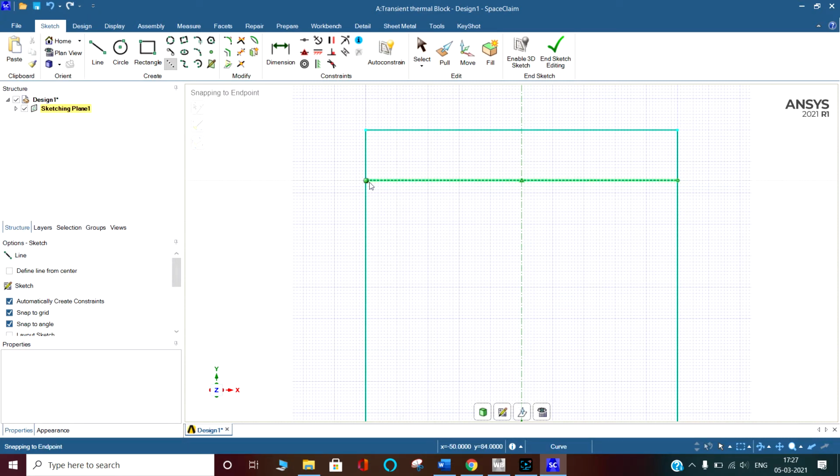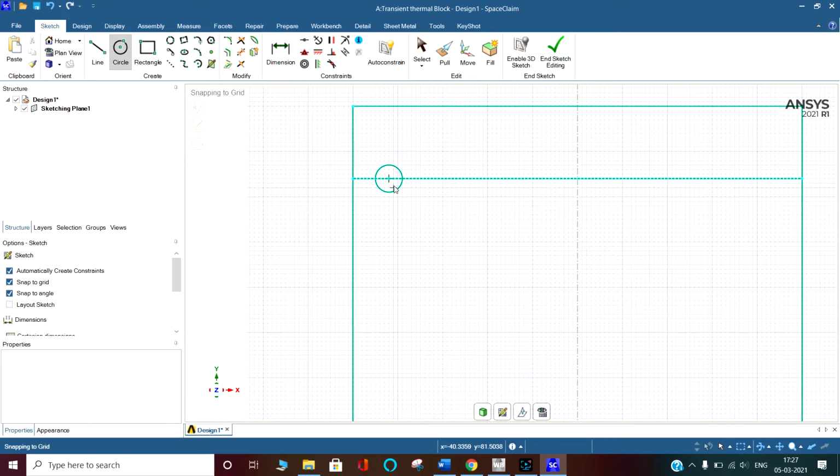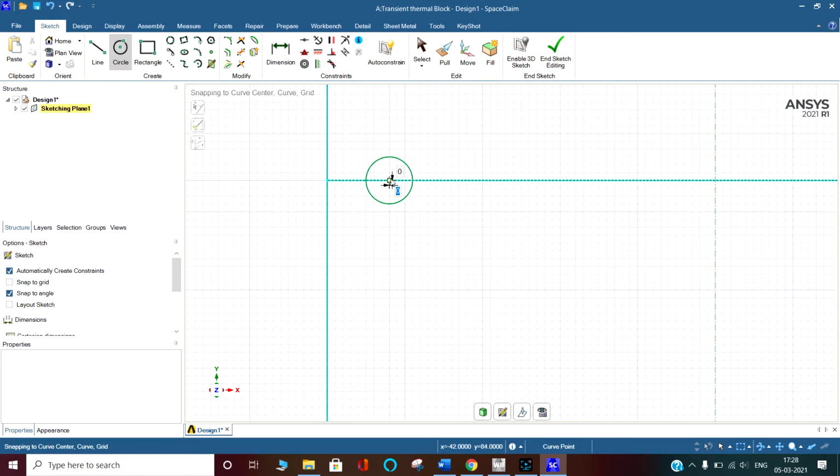From here we will draw the circles. The first circle I am going to draw at a distance of 8 mm from the corner. So press shift and move it, and it will show you the distance. I am putting 8 mm. It has created at 8 mm, and I press the space bar and it is 6. So a 6 mm diameter circle I have made here. Similarly, at a distance of 12 mm from its center, I am going for another circle. So that is 12 mm, and you can just press the space bar and put 12 mm.